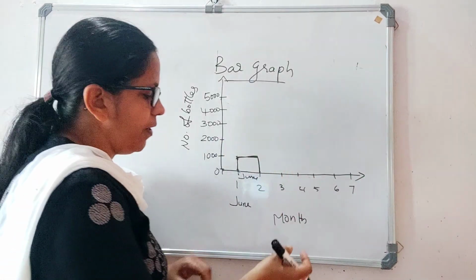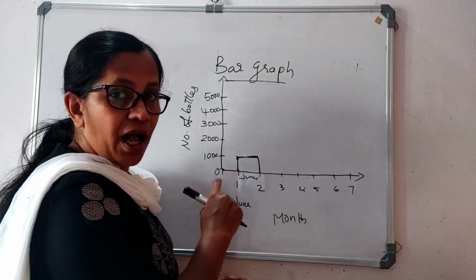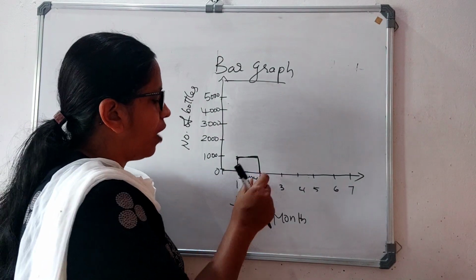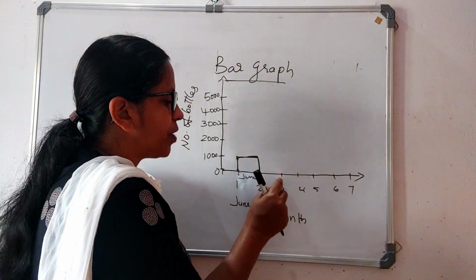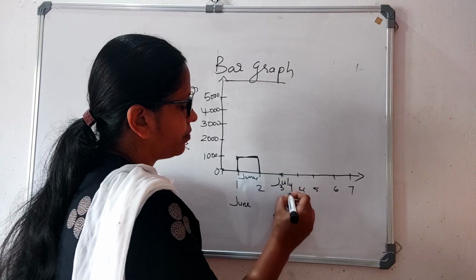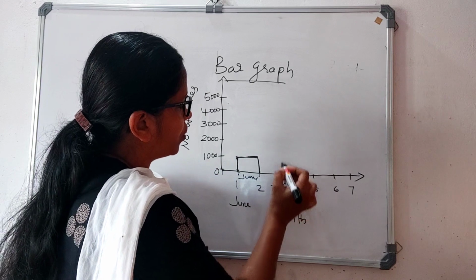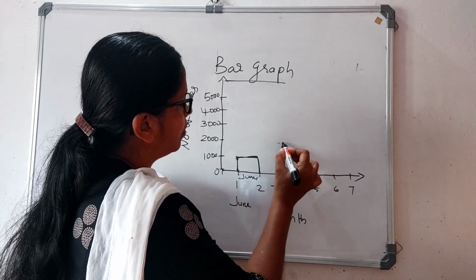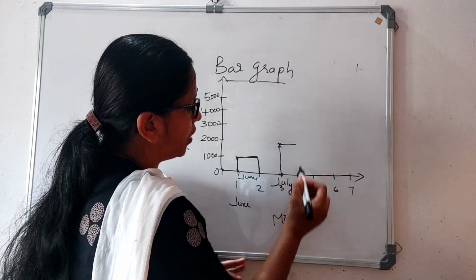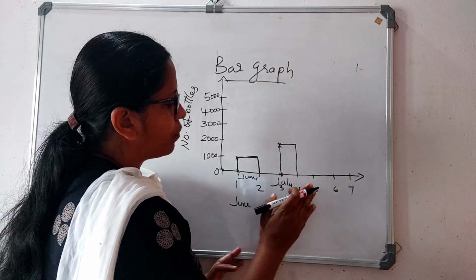Next, let us see the month after June, July. Since the gap between the bars should be equal, from here to here 1 centimeter gap is there. So after finishing this bar, there should be 1 centimeter gap to start the next one. So from here you have to start the month of July. Okay, in the month of July, they produce 2000. So joining the lines of these two, keep a scale and mark there and join the lines like this. Join to here, that means this. Okay, that is the month of July.